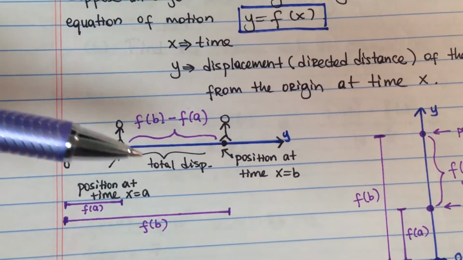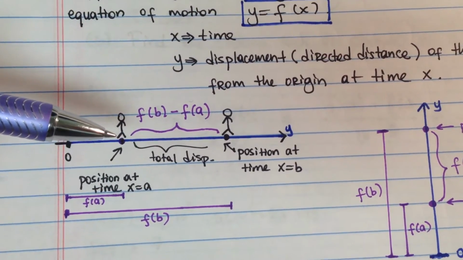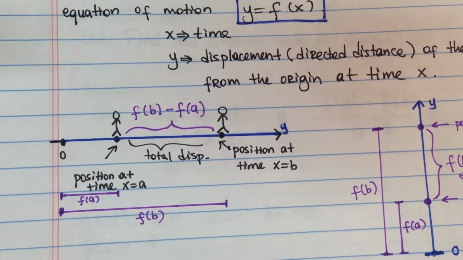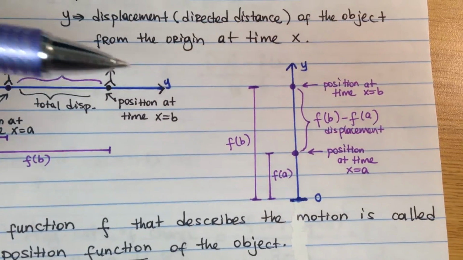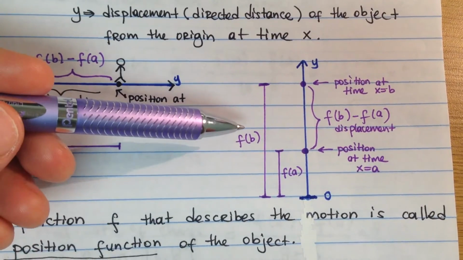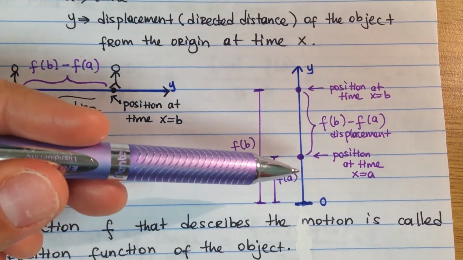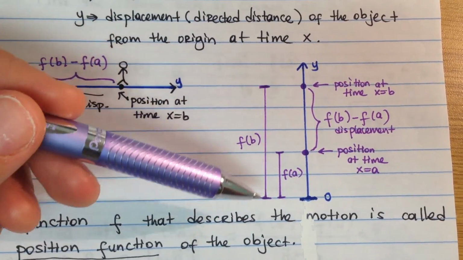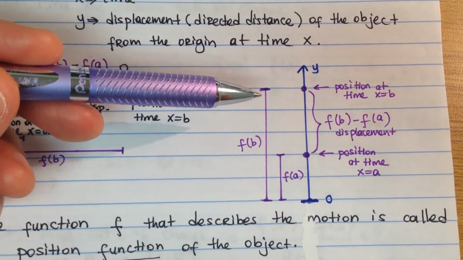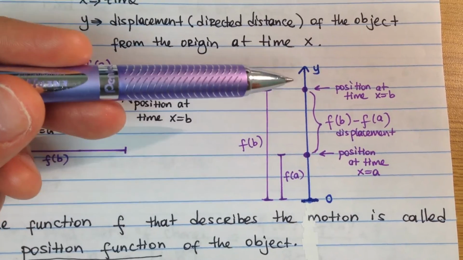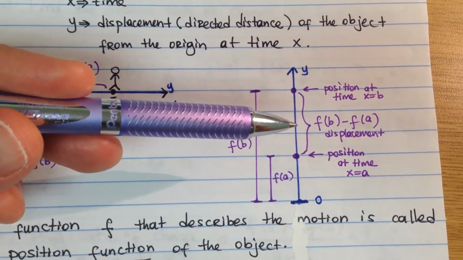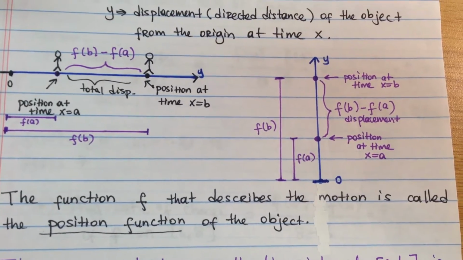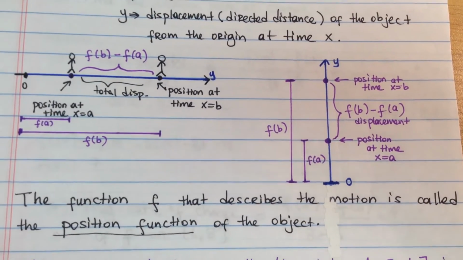And what is the total displacement while you move from this point to that point? It will be f of b minus f of a, right? So similarly, if you throw a pumpkin up in the air, so at time x equals a, this is going to be the height of the pumpkin, and time x equals b, that's going to be the height of the pumpkin, right? And the total displacement from this point to this point will be f of b minus f of a again. Okay, so the function f that describes a motion is called the position function of the object,